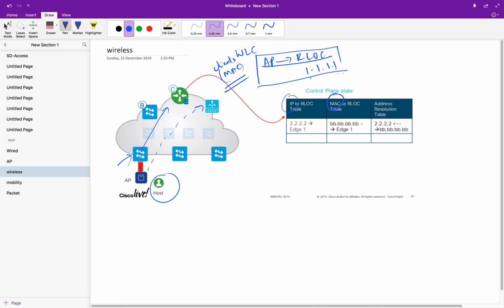But always remember, it is going to populate only this part of the table, MAC to RLOC, because it obviously can't do the other part since it doesn't have the IP address. The WLC never understands the IP address, right? Now the interesting piece is the edge node has populated this entry, and the WLC also is going to populate something here. Sometimes there is a possibility that these two don't match,